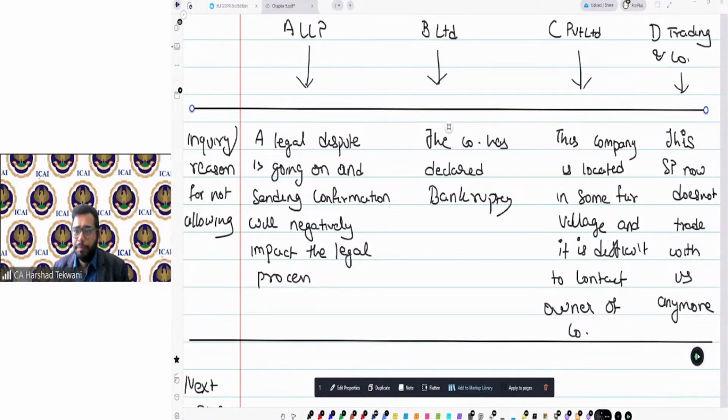Okay, Tanisha, good. Come on, guys. What will you do in all the four? In the first case, A, legal dispute.